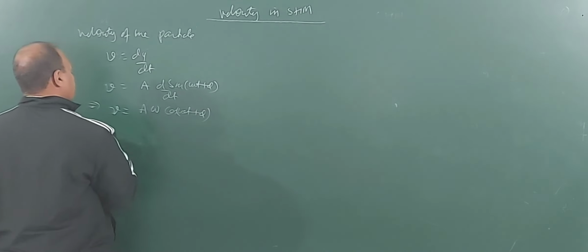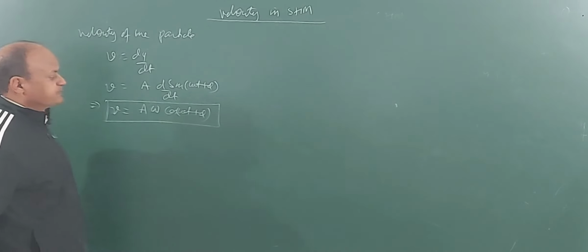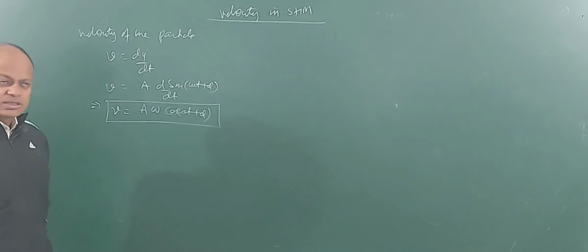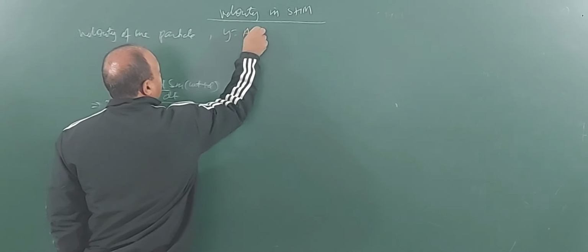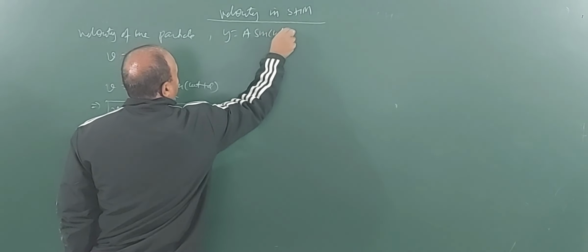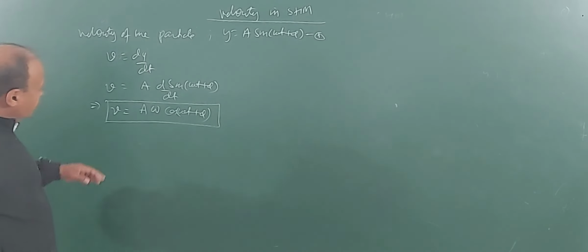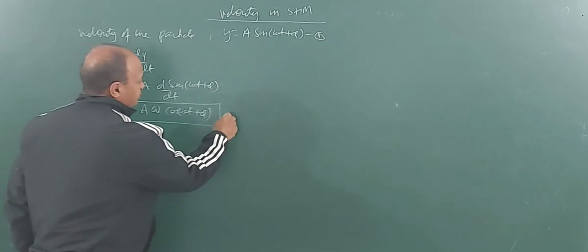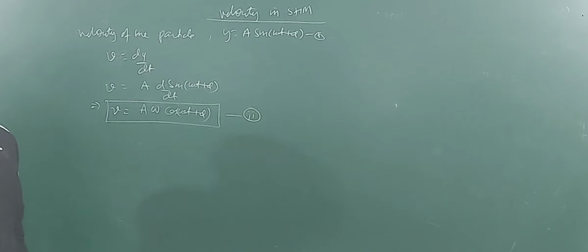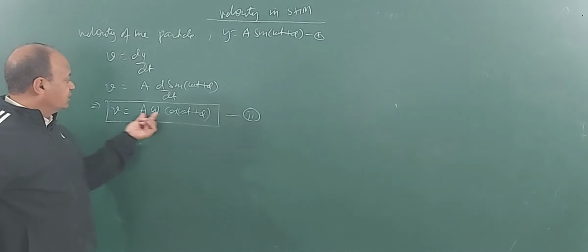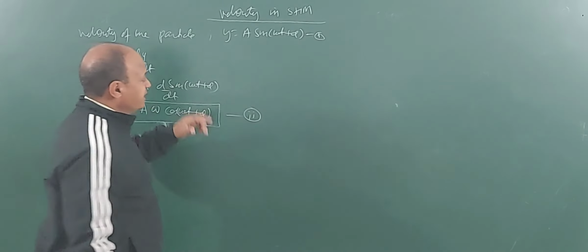So children, we found that the velocity will actually be a cosine function, right? Here, do not forget that we have y equal to A sin(omega t plus phi) as the displacement along y axis. Now this result which we are getting in equation 2 can also be represented in terms of displacement from the mean position. Clear? When I am saying y, then what is y actually?